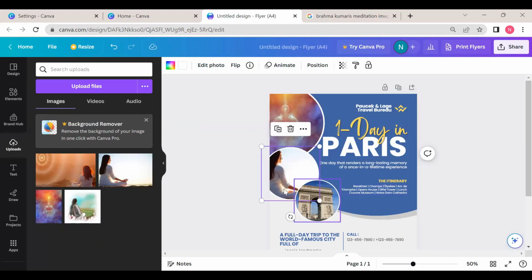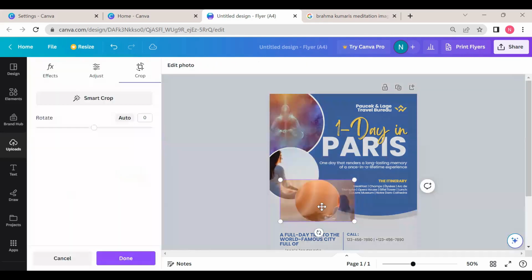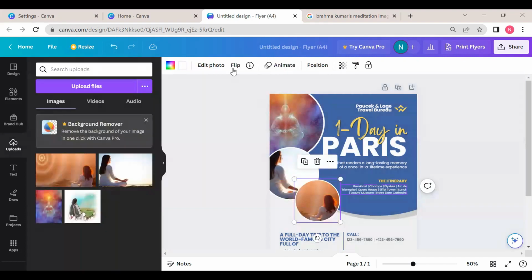Okay, I'm going to add one more photo here. Let's try that. Okay, and snap into it. Okay, double click on it and just move the person here. Okay, all right. So this is how we can actually